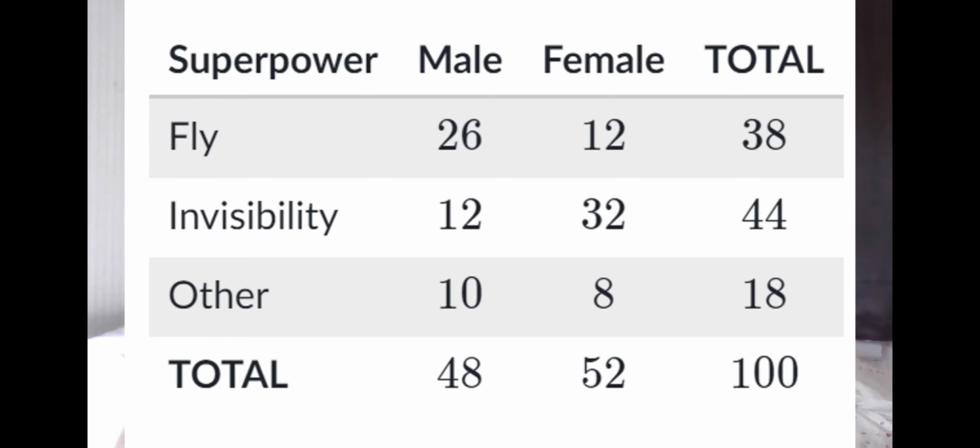Hello everyone. In this tutorial video I'd like to discuss conditional probability, which is the probability of something happening given a condition. For example, if we consult this survey table, and we are given the condition that the student chose to fly as their superpower, and we want to find the probability that the student is male, we can do